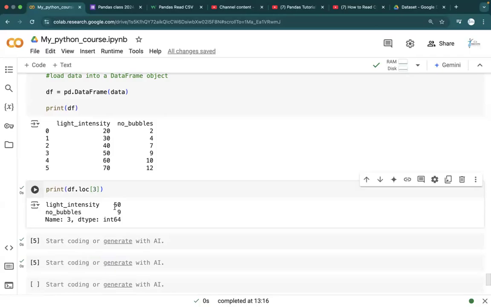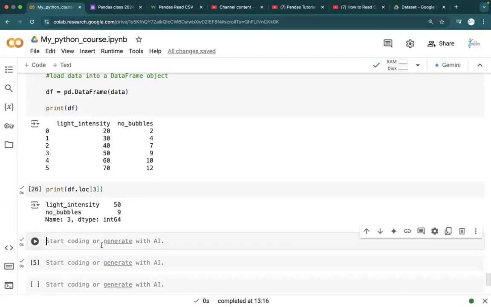So this is amazing. What is the next thing we want to do? We can try to print two values at the same time. For example, we want to see value number 2 and value number 4, the third one and the fifth one. You do the same print